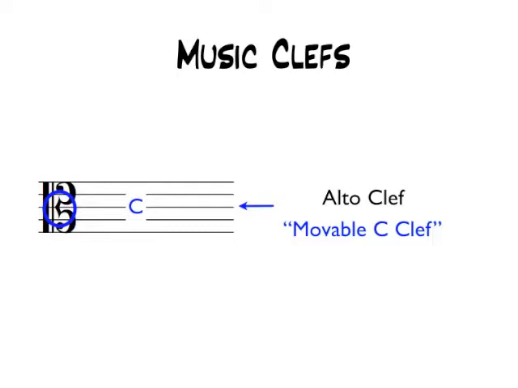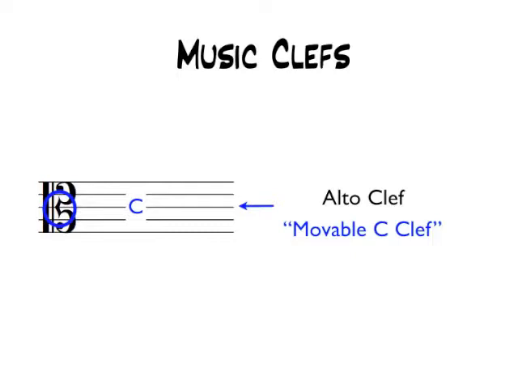Alto voices sometimes will be written in this. Viola. And also sometimes the cello can be written in this way. And there's various different reasons for that, because we're going to get into what's called ledger lines. This helps eliminate so many different ledger lines, and that will become clear to you why that's kind of desired